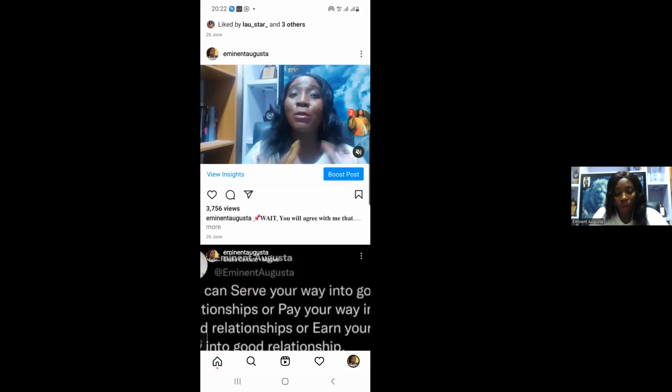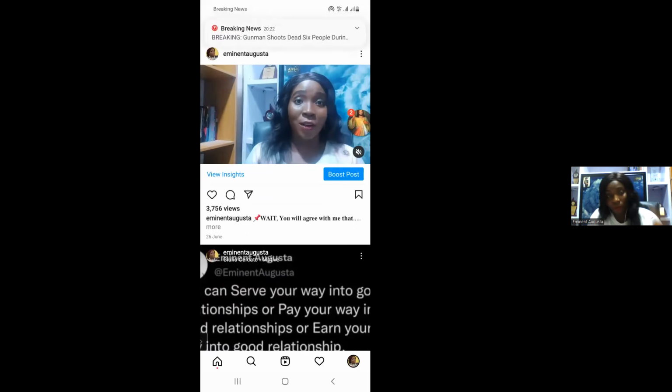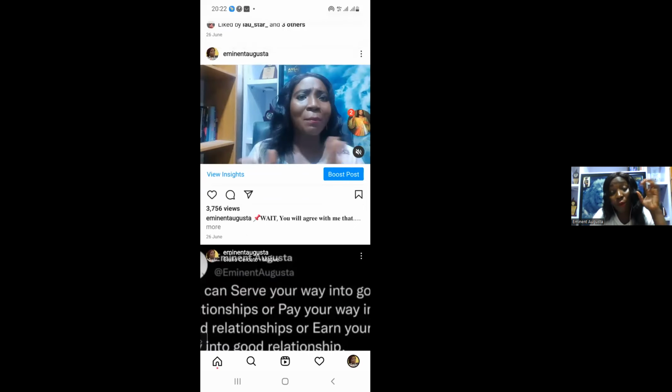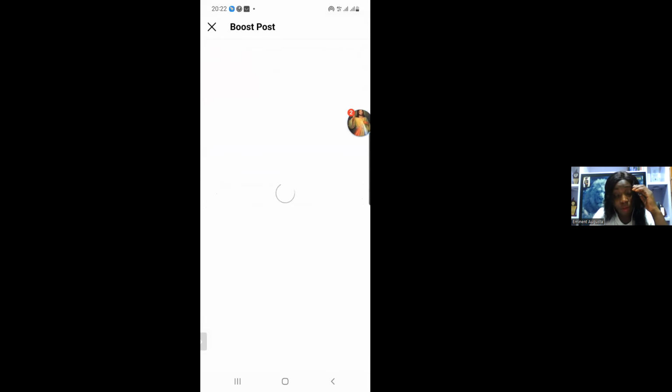Okay, so then you can see the option saying boost post. So if you want to do a promotion post or a boost post directly from your Instagram account, you can do that. So all you need to do is to click on boost. When you click on boost,